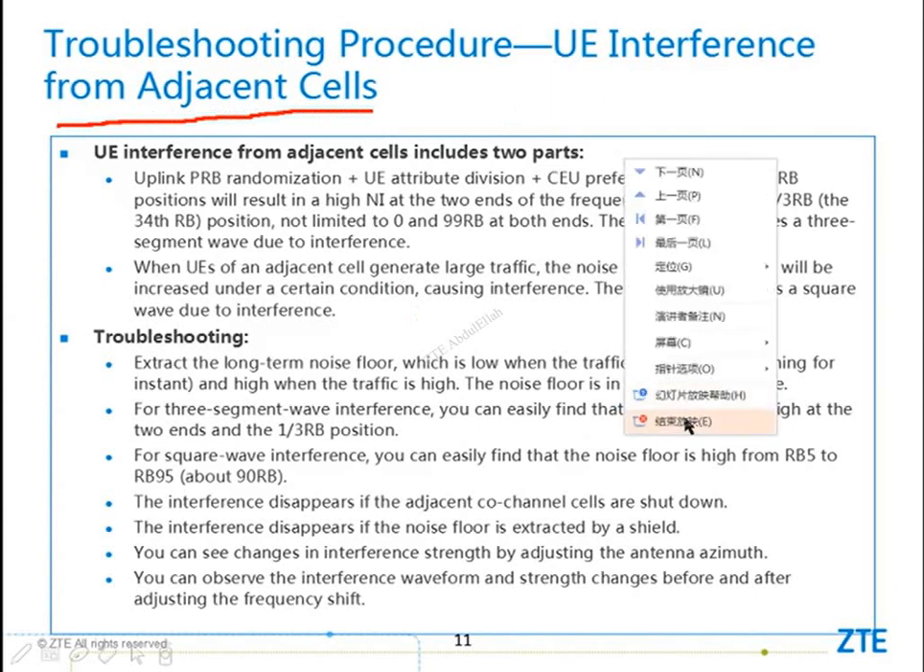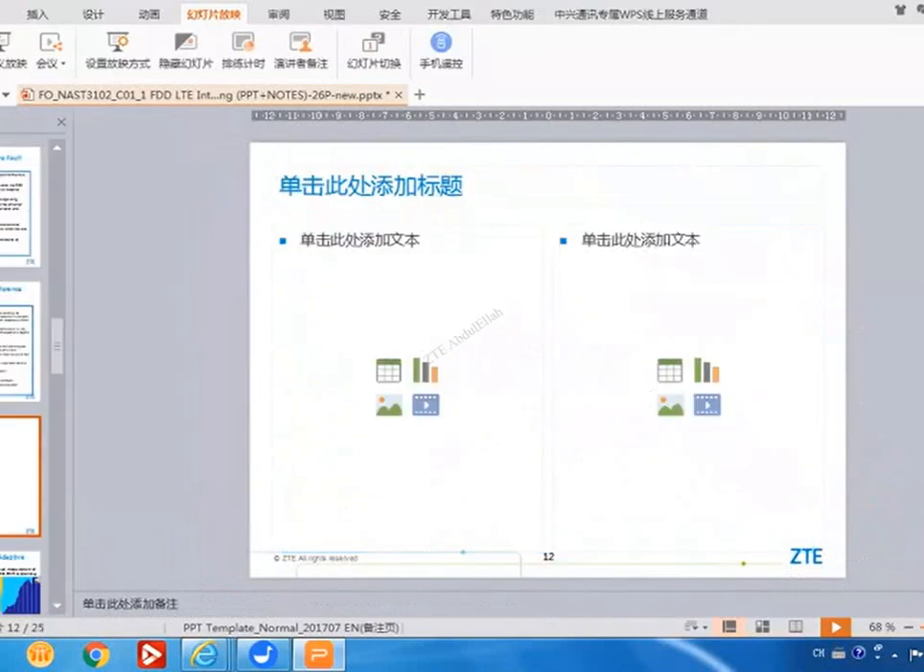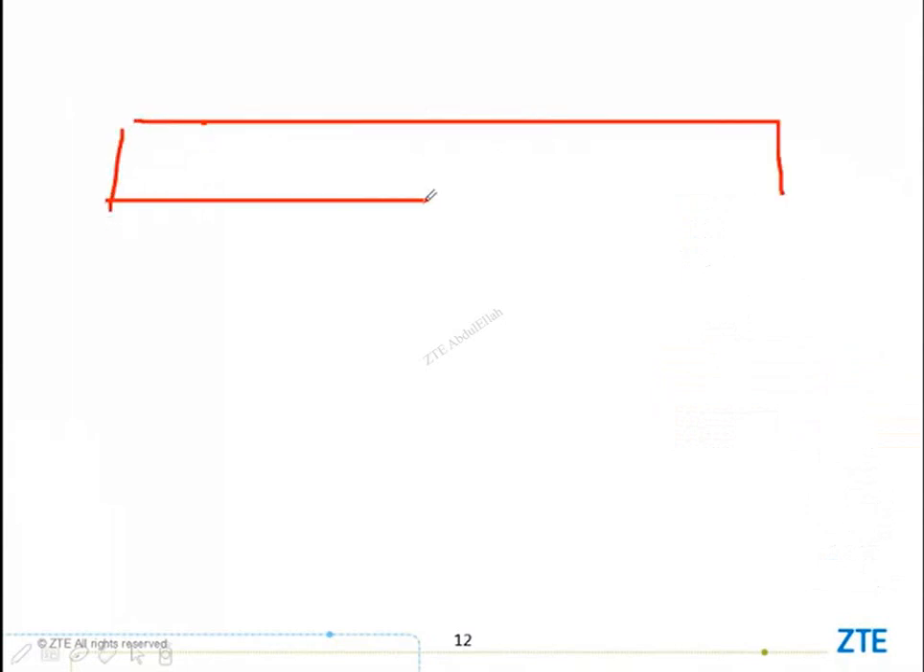And how to see this? I told you that the uplink interference, we can easily see this in the EMS. In the EMS, you can see the NI, which means the noise. And in the noise, you can see the noise curve. If you see this curve is like this,